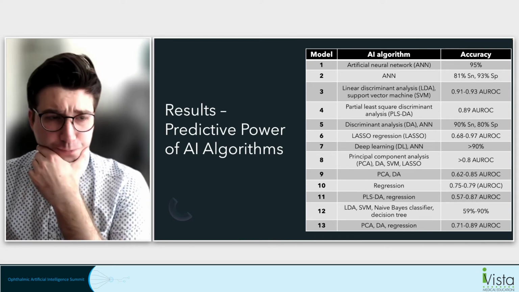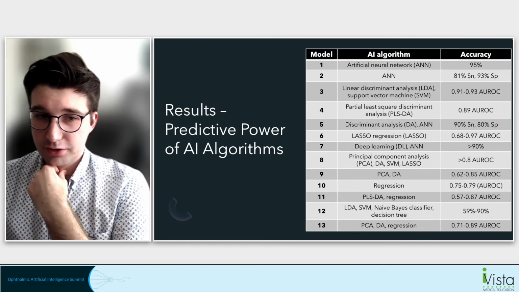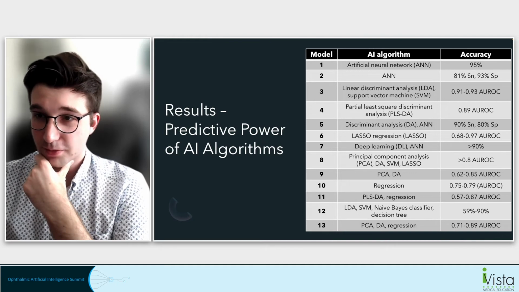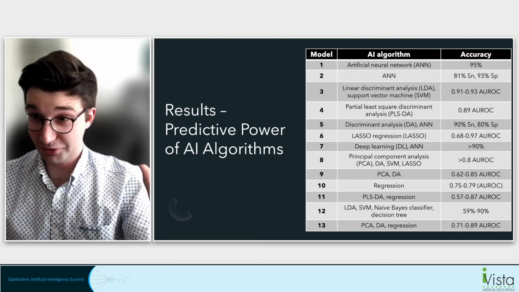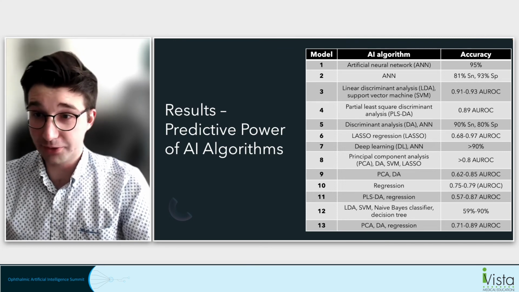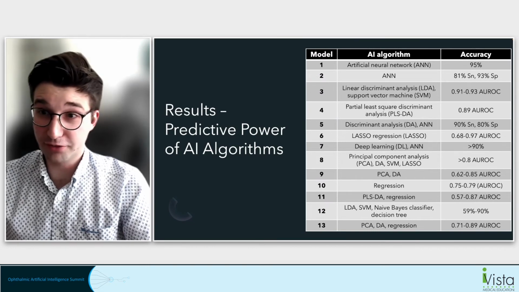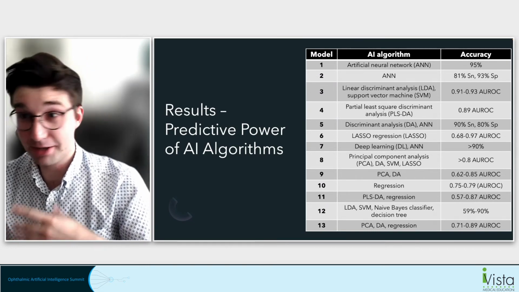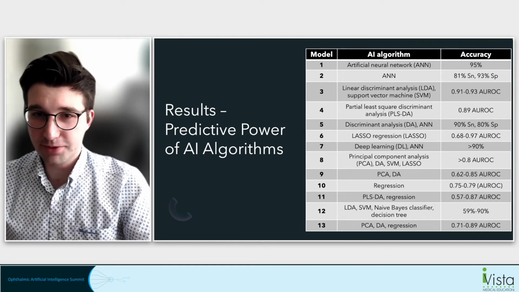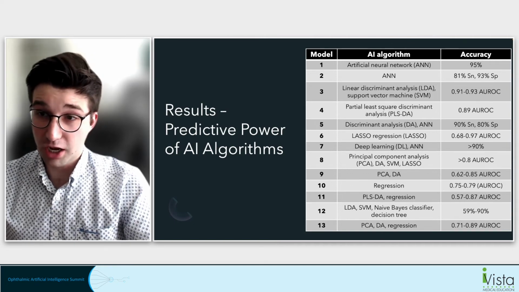So in terms of predictive accuracy of the models developed, first I want to just point out that globally these models were used to distinguish between glaucoma and controls. And they kind of globally are quite accurate. Most of them have accuracies or area under receiver operator curves or sensitivity or specificity above 80%. So quite strong overall. But more specifically, I want to point out that the artificial neural network papers and the discriminant analysis papers were quite fantastic,